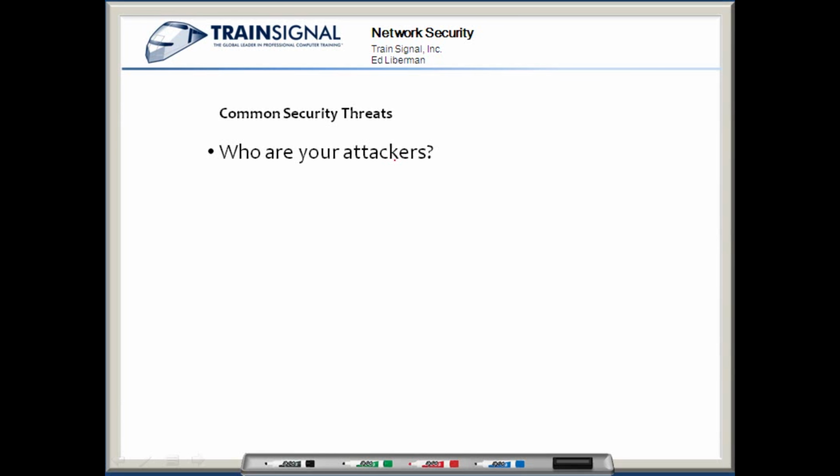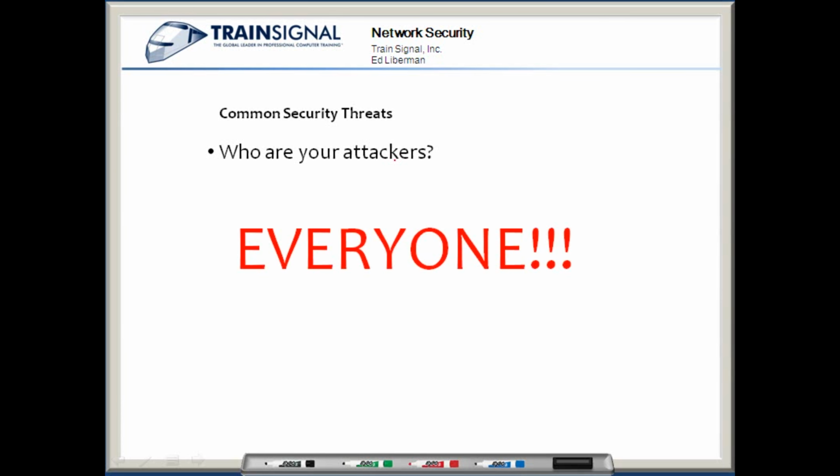Well, there's a real easy answer to this. Everyone is a potential attacker. And that's why security is so important. See, a lot of people think that security is not a big deal on certain networks. They say, no big deal. Who'd want to steal my stuff? Well, here's the thing. Here's a couple issues. One,